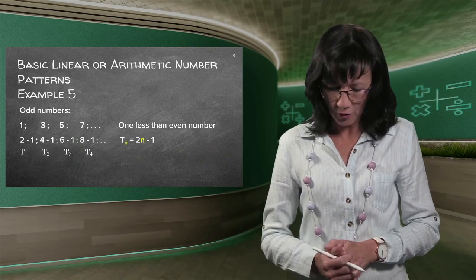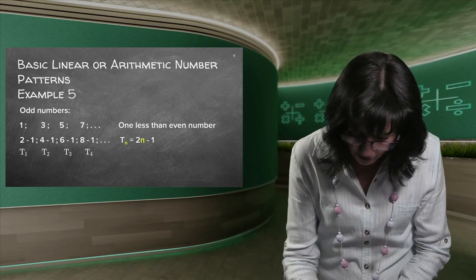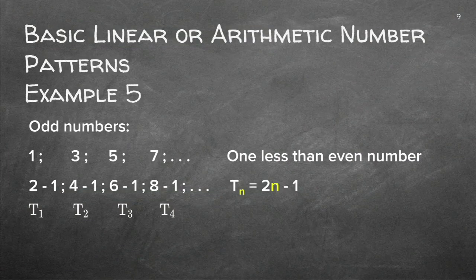Now, what do you think about odd numbers? Let's look at odd numbers. I know how even numbers are formed. The first odd number is 1. I can't just use 2, because then it's not 1. But if I subtract 1, I get back to 1. The next even number was 4, so if I subtract 1, I get to 3. The next even number was 6, and if I subtract 1, I get 5. So what can I see? If I take an even number and subtract 1, it gives me the formula for odd numbers.